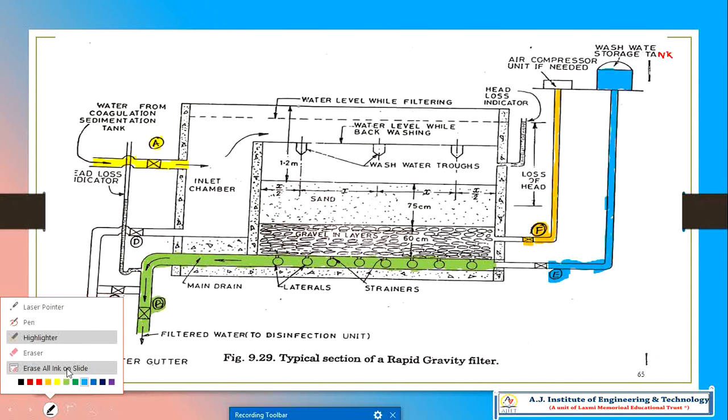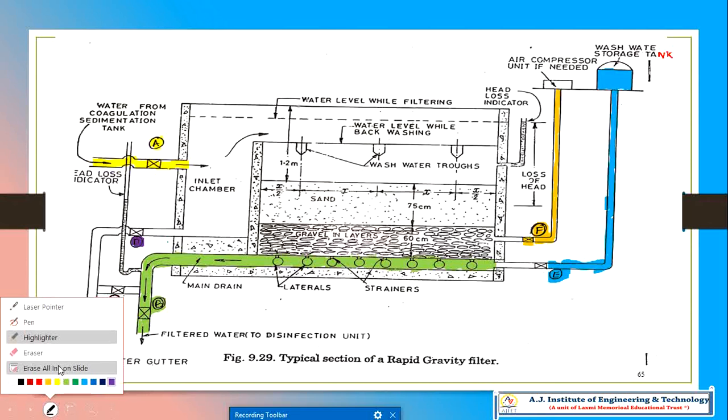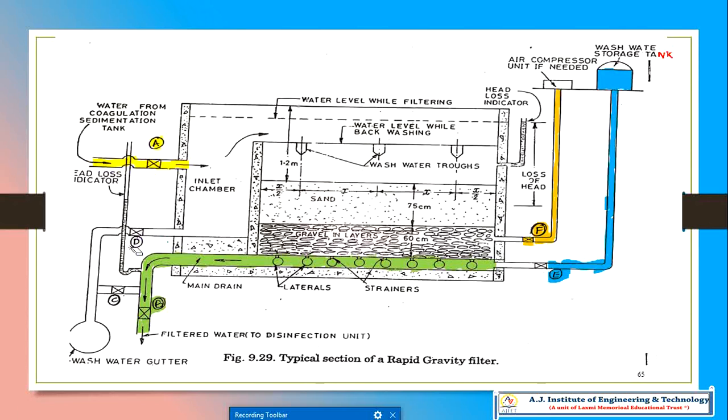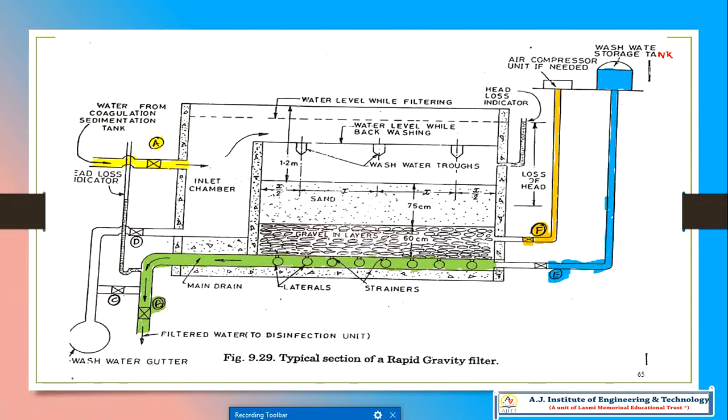For that we'll give another color, a little light color actually. I don't know whether it is visible or not. This is not visible, so we'll give a light color. My intention is only to understand the concept of backwashing.